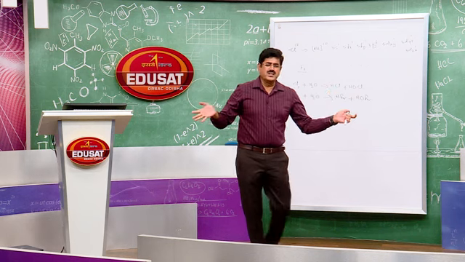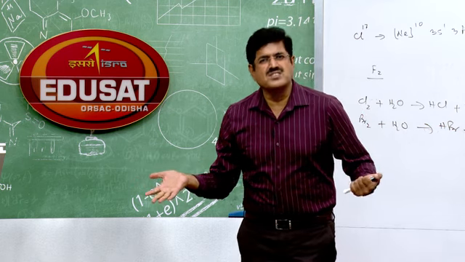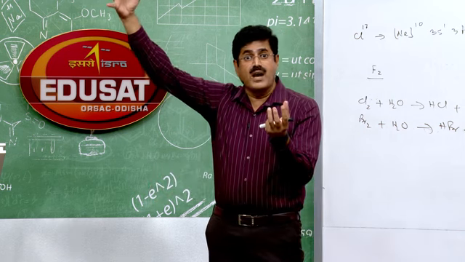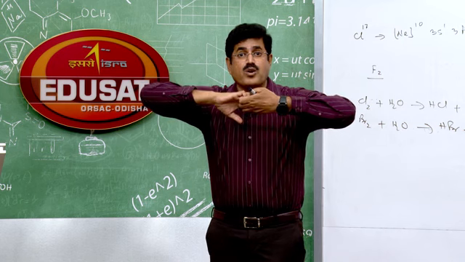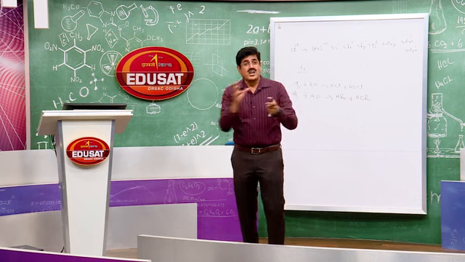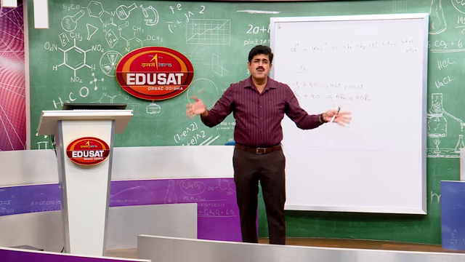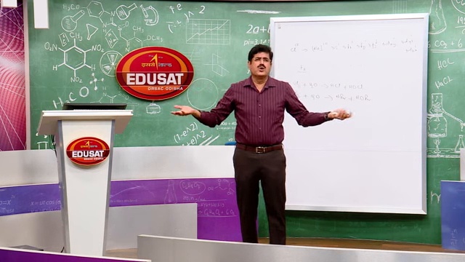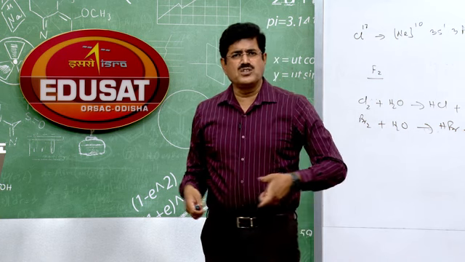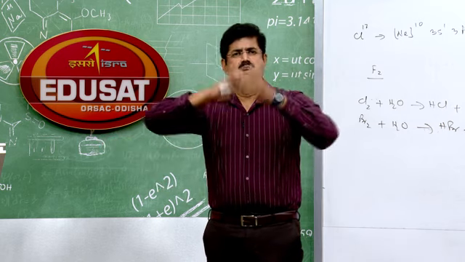What about the stability of these hydrohalic acids? Bond energy decreases down the group. Why? H is so small in size, iodine is too large in size. Don't expect a good covalent bond between H and iodine. Overlapping between the orbitals is minimum, so the bond is the weakest. So, HI has the lowest bond energy and HF has the highest bond energy, because fluorine is smaller in size, overlapping is maximum, and the bond is very good.